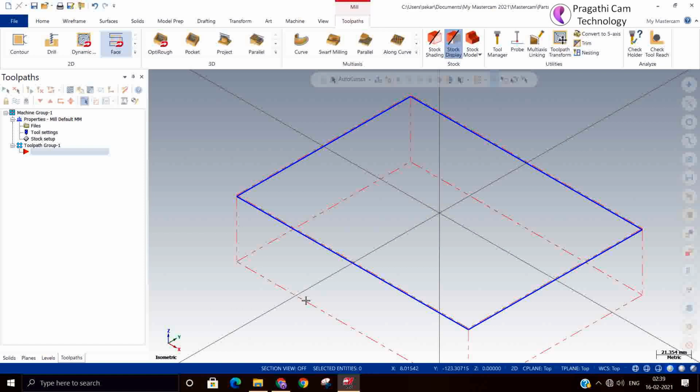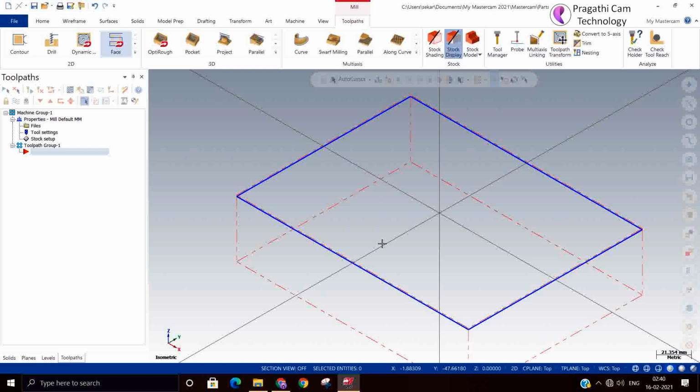Otherwise, suppose I have not kept 1 above and top of stock is 0. If I face 1, then after machining my top of stock may be minus 1. So that will create an issue when I go for the other machining.